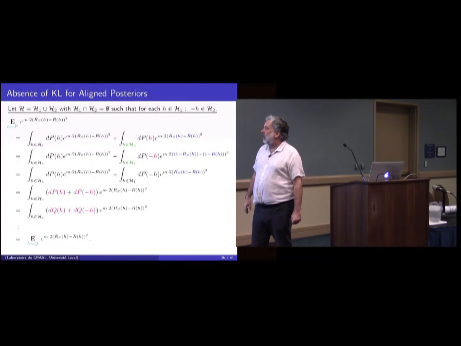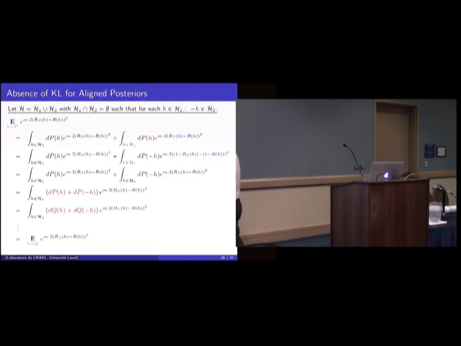The risk of minus h is 1 minus the risk of h? Because they are auto-complement. Minus h thinks exactly the contrary of h. We are in the binary case where the voters can vote +1 or -1 only. So if you don't think h, you think minus h. Good question. And so then you join your two integrals, and you know that you are in a situation where it is aligned.